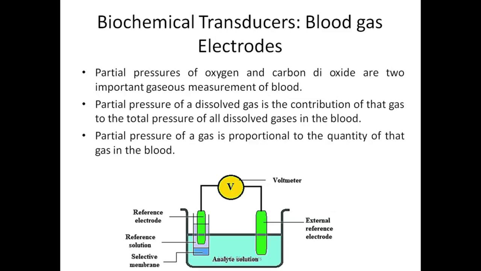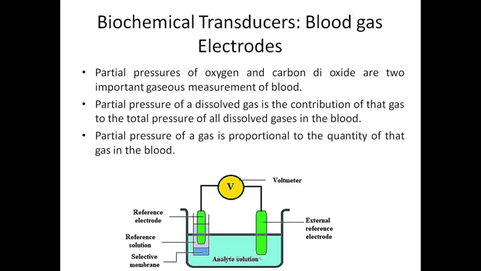If you see the figure over here, we have one reference electrode that is inert. Now, a reference electrode, wherever it comes into the picture, is insensitive towards whatever measurement we want to make. So the external reference electrode that we are putting over here will be considered as zero potential. And the other one that you see is the electrode which is going to be sensitive towards, suppose we are considering oxygen, the oxygen ions. Now in that electrode you can see that there is a selective membrane. The bottom one in cyan color that you see is a blood sample.